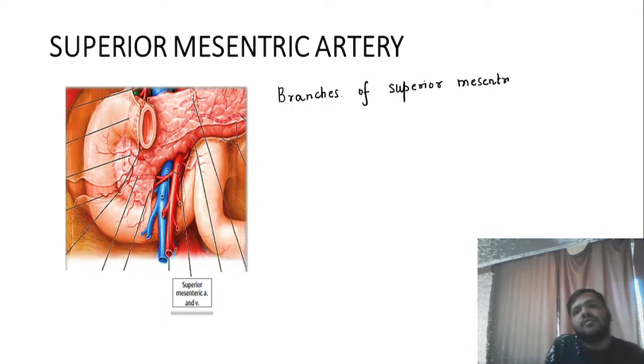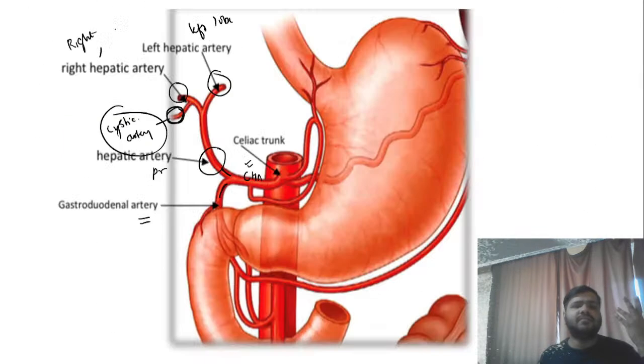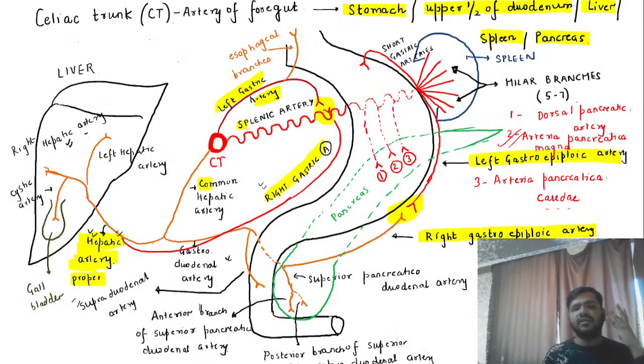The branches of the superior mesenteric artery. Now, guys, let us look at the diagram which we have drawn earlier. You already know we have something called the superior pancreaticoduodenal artery, which is coming from the celiac trunk anyhow. So remember, if there is a superior pancreaticoduodenal artery, which is supplying the pancreas and the